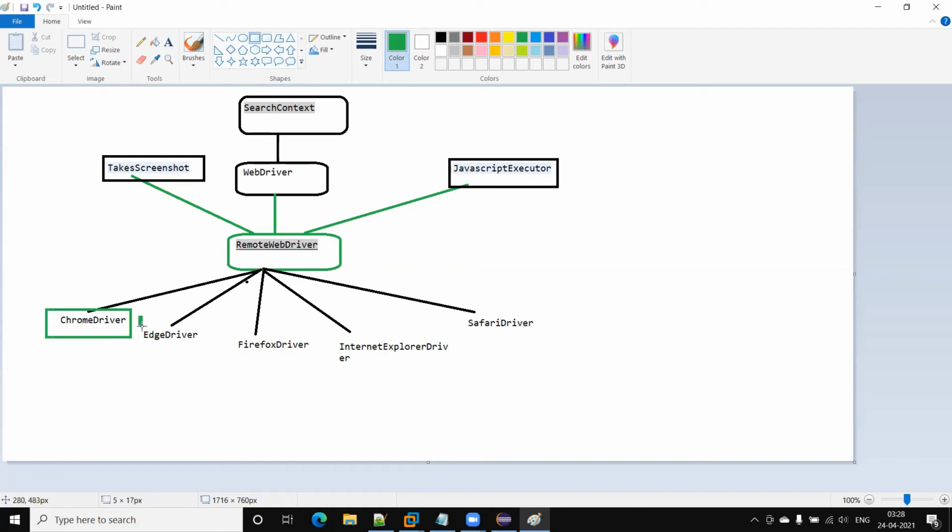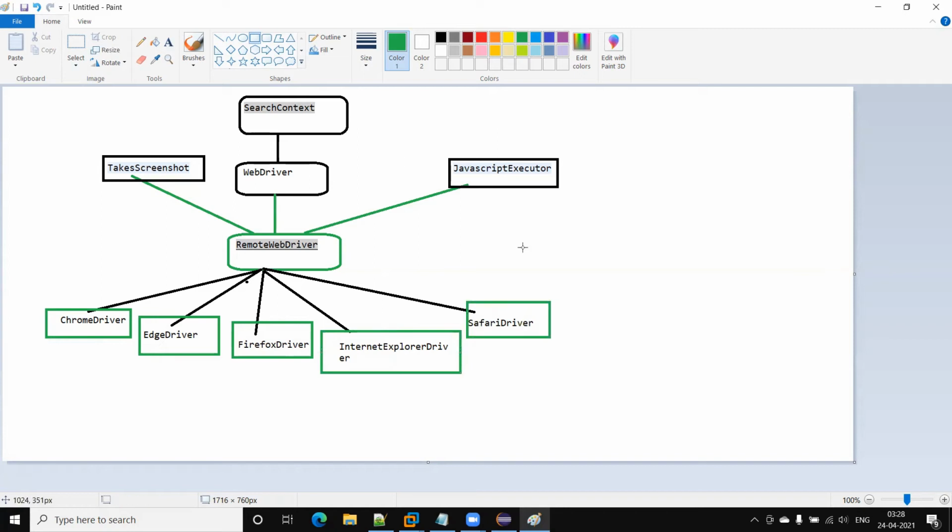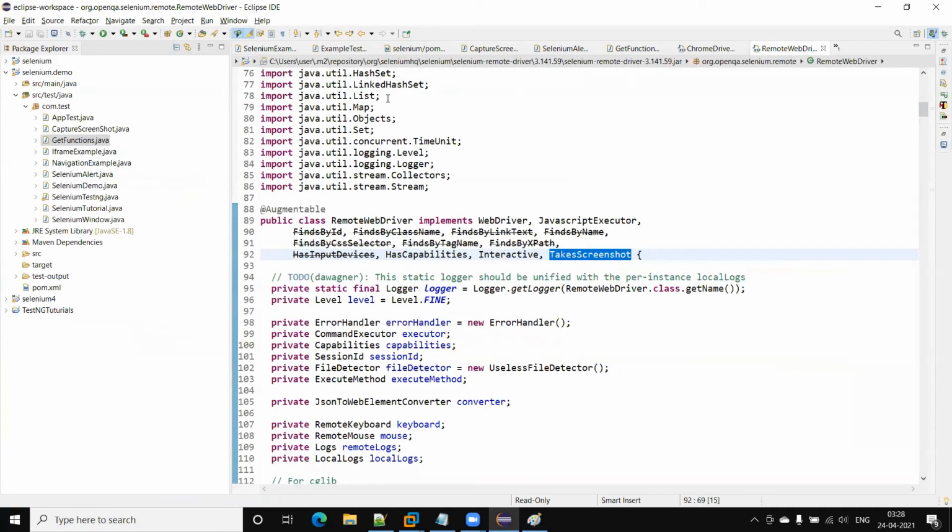Classes I have marked with green, and interfaces I have put in a black box. So now these are the hierarchies. All the actual browser classes extend the remote driver, and remote driver implements the WebDriver interface.